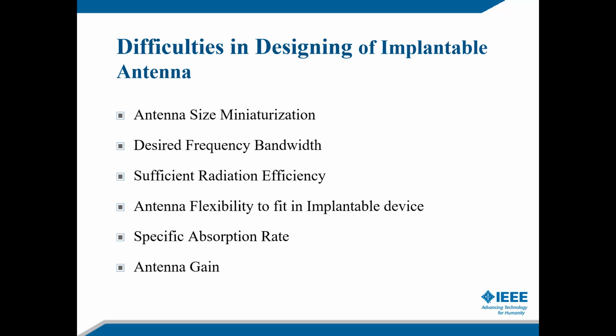The first point is this, and then the desired bandwidth, like which band we are trying to achieve. Sufficient radiation efficiency and radiation pattern, and the antenna should be flexible, which depends on the flexibility of the medical devices, and the specific absorption rate should lie in a certain range, as well as